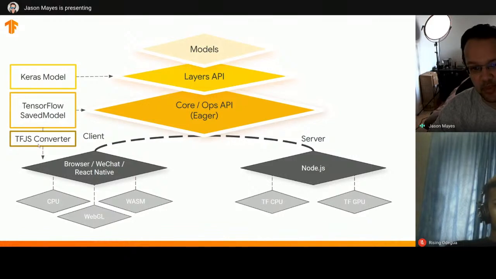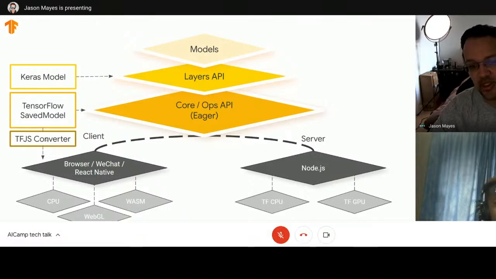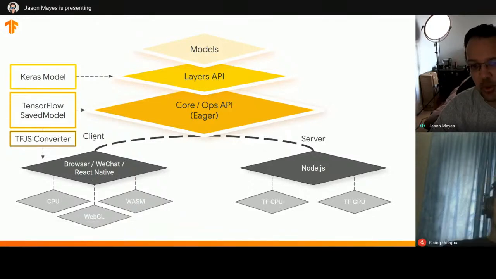We can also take the TensorFlow saved model and use our command line TensorFlow.js converter that will take the saved model format from Python and convert it to the JSON format so that you can run it in the web browser. So if you want to run on the client side in the web browser, then you must use our command line converter to do that, or of course write it in TensorFlow.js completely from scratch. So there are the options you have for our stack.